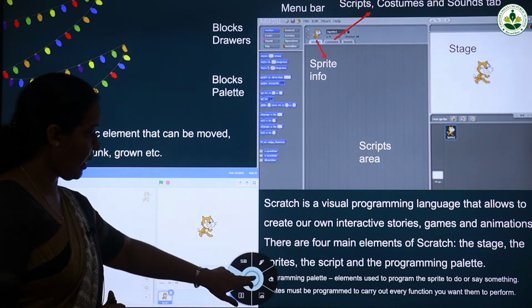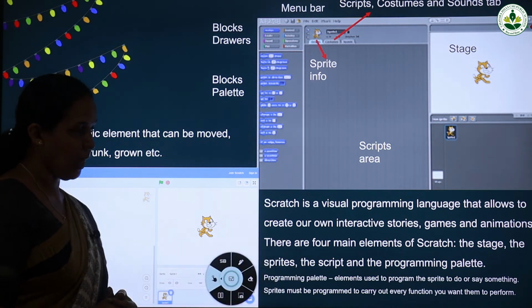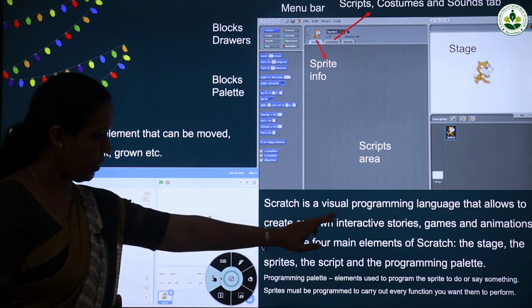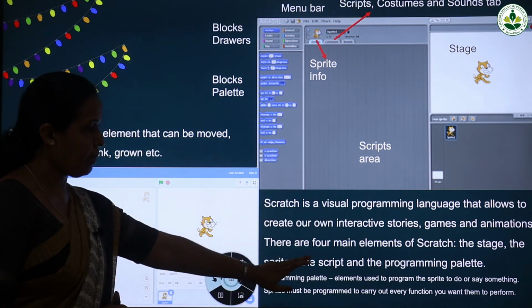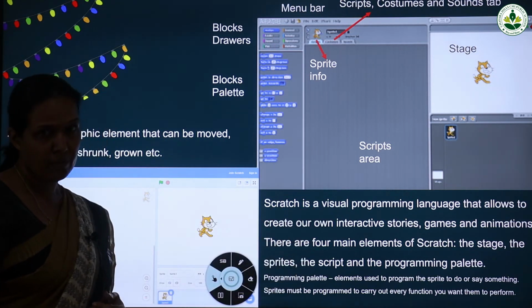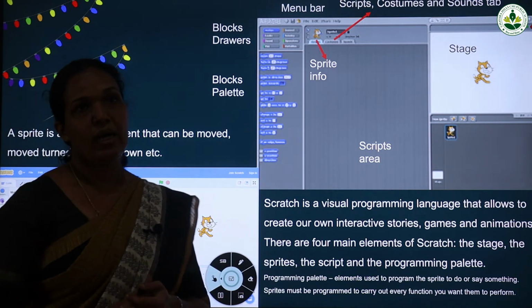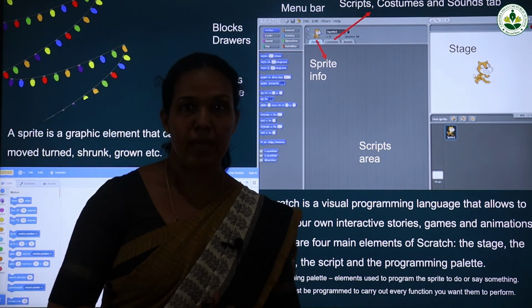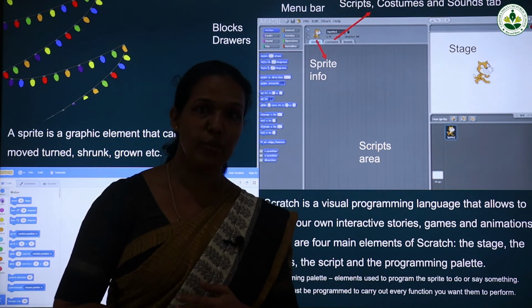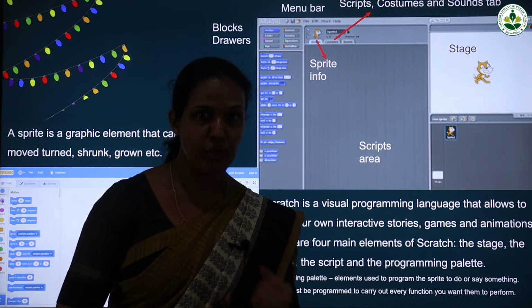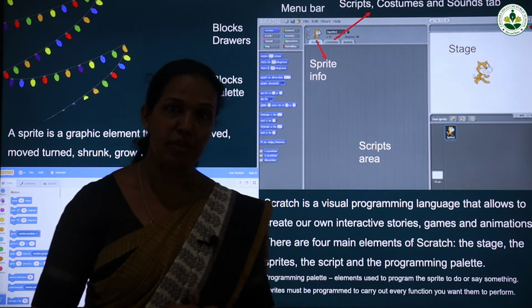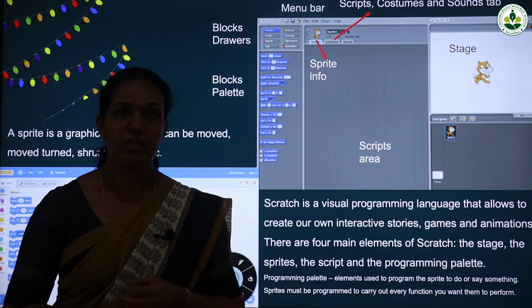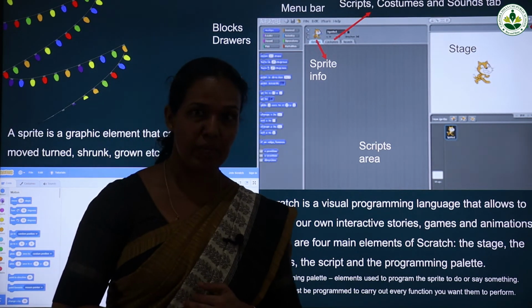So there are 4 main elements of Scratch. These are stage, sprite, the script and the programming palette. If you are going to prepare a play, for that you need a script. First you need a script, then you need a stage to play, then some actors to act in this play, isn't it?